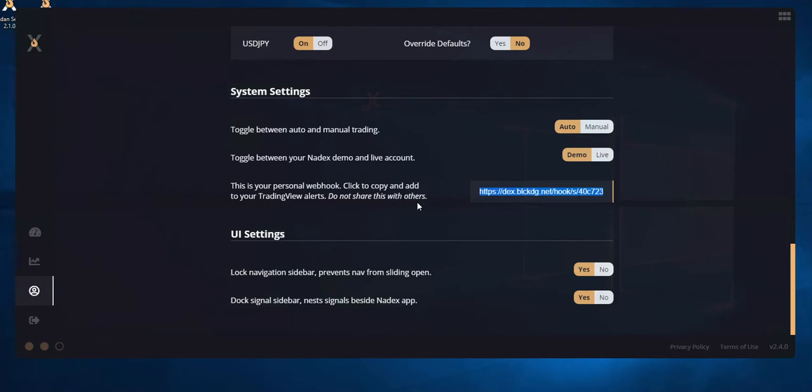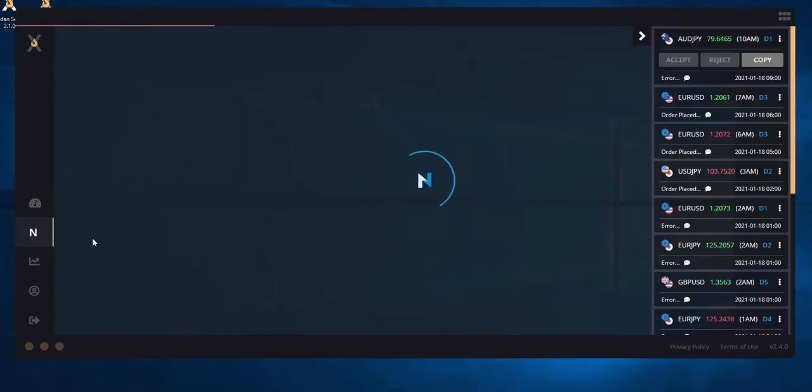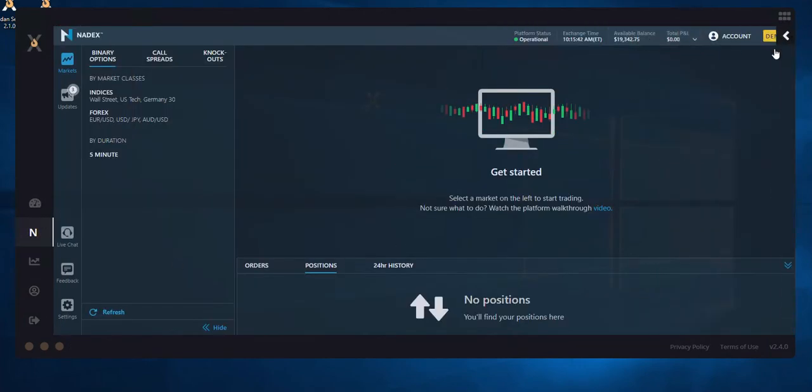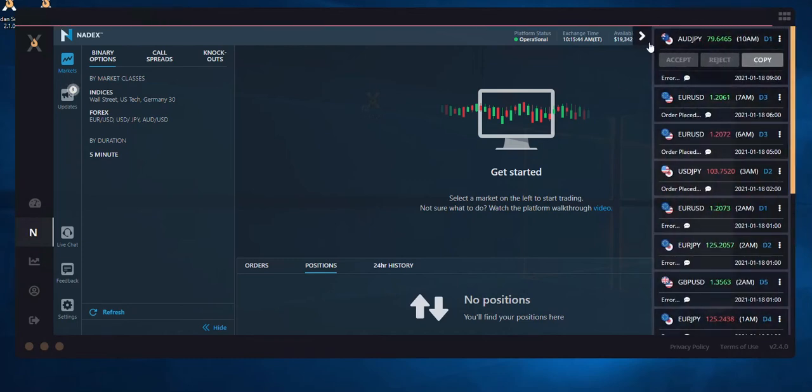It's pretty cool. You'll see what that looks like here in the next video. The UI settings here, very simple. If I click no on both of these, you'll see what happens over here to the left. The Xedan panel here moves here. And then once we're inside Nadex, you'll see that this panel right here sort of overshoots some of the information